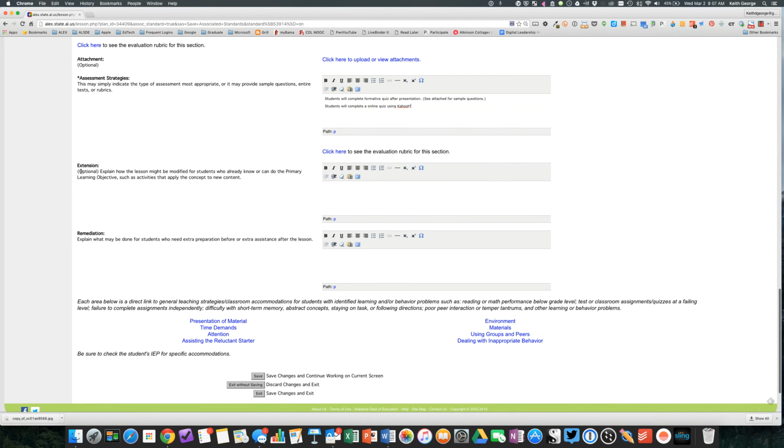Next up is extension. Notice that it is optional, but highly recommended that you include some sort of an enrichment or extension activity for students that may already have mastered those objectives. So for instance, students that demonstrate mastery of latitude and longitude